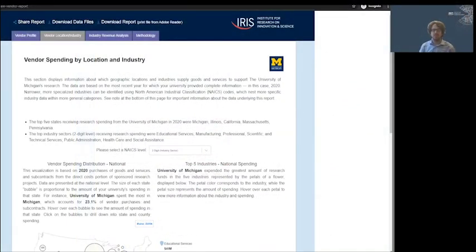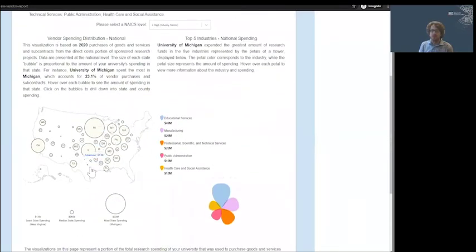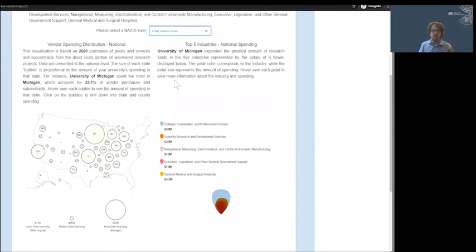The second page of the IRIS vendor report is the Vendor Location and Industry tab. This page shows where spending occurred geographically, as well as industries that received research-related spending. Data on this tab covers the most recent calendar year of data available. When first loading the page, we can see a NAICS level selector, a map on the left, and a flower chart on the right. The report is at the 2-digit NAICS level by default, but 3- and 4-digit NAICS are